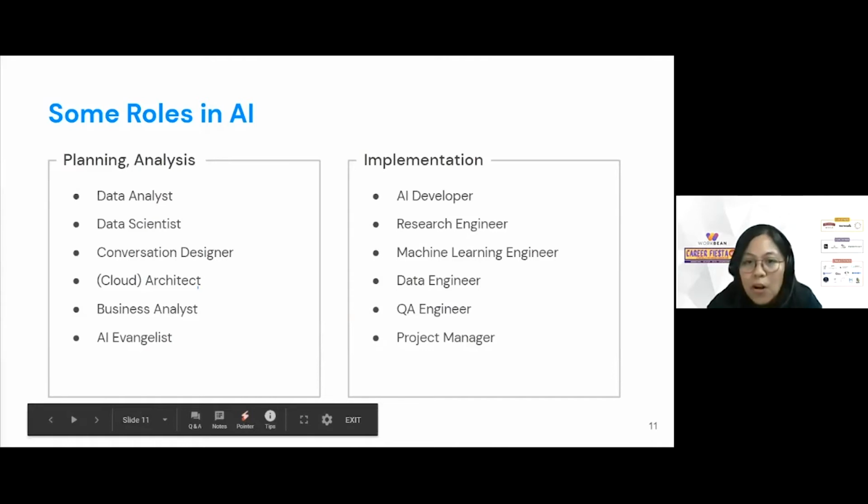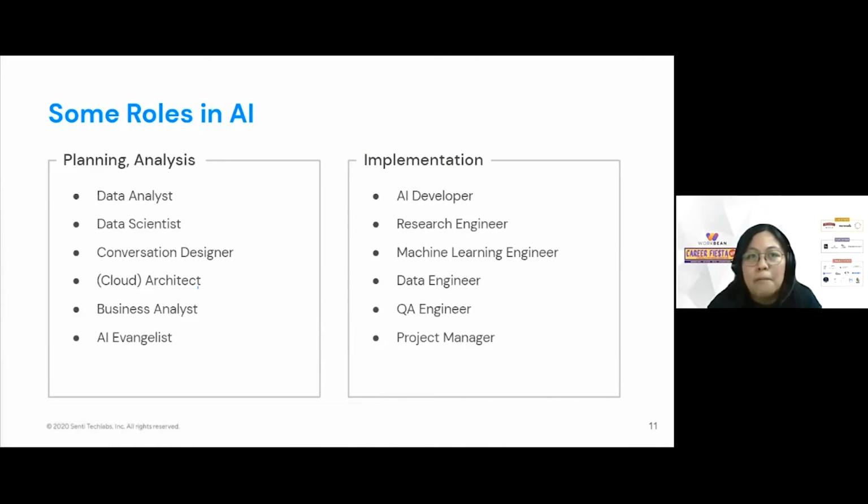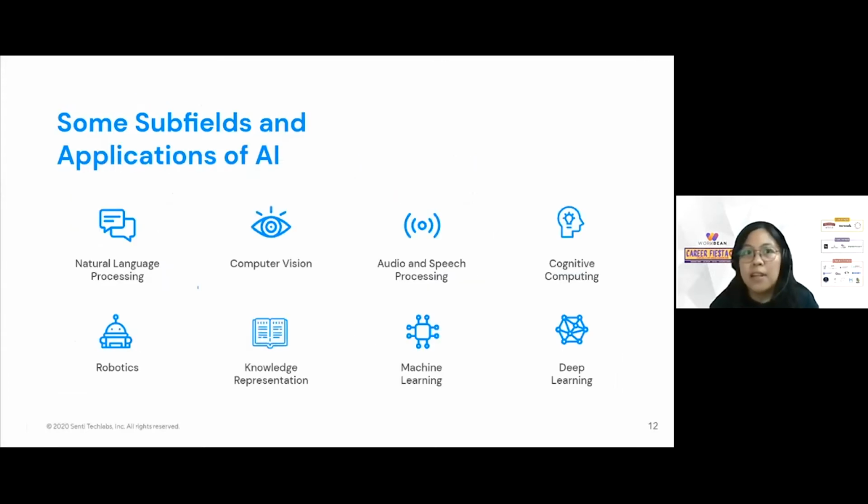So of course, aside from the roles, there are subfields and applications of AI. Probably some of you are familiar with this. Companies actually have their own specializations based on their products and core technology. So if you think that you're interested in a certain subfield or a certain core technology that you want to work on, maybe that could be useful when you're trying to match your interest with the company that you want